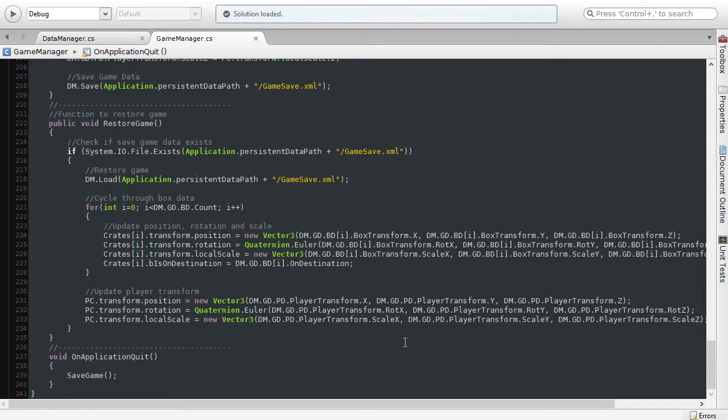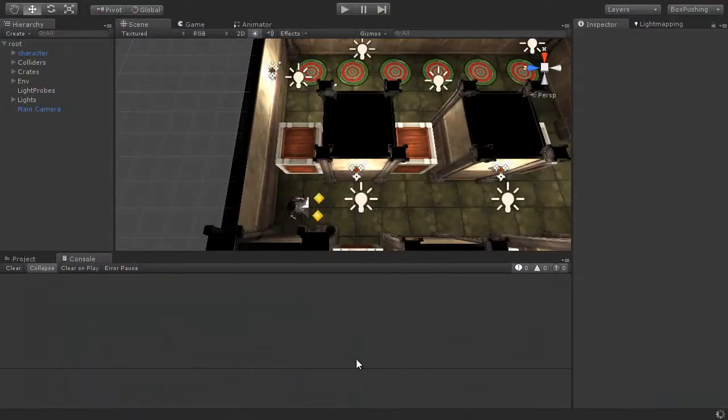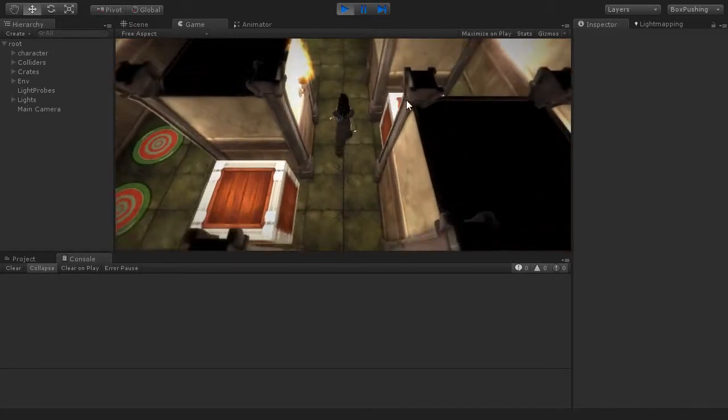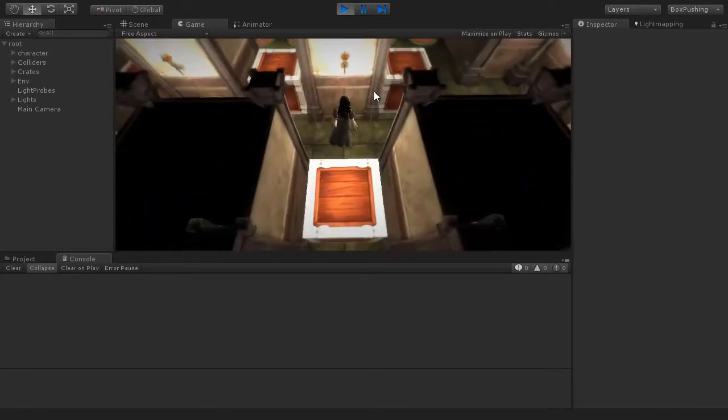So let's see this in action. I'm just going to minimize MonoDevelop, and I'm going to get started at saving our game. So now I'm just going to press play on the toolbar. Let's just press play here, and we begin at the second level. We know that we should have done so because the player preferences class stored the last level we reached,